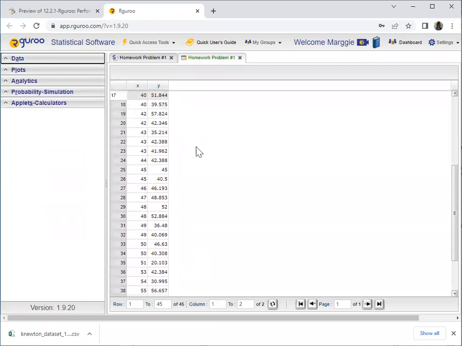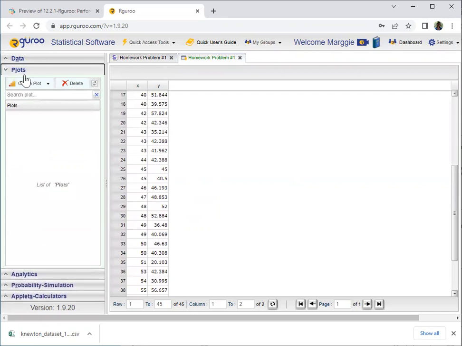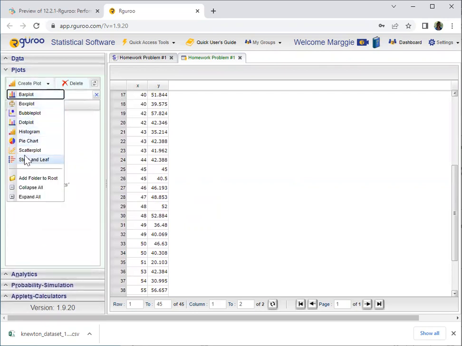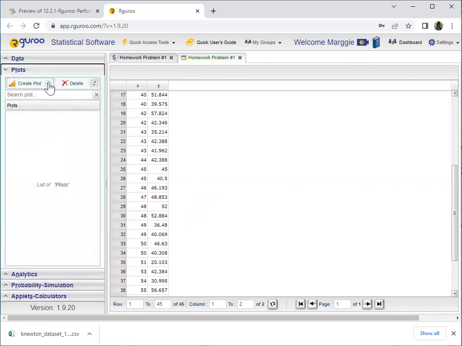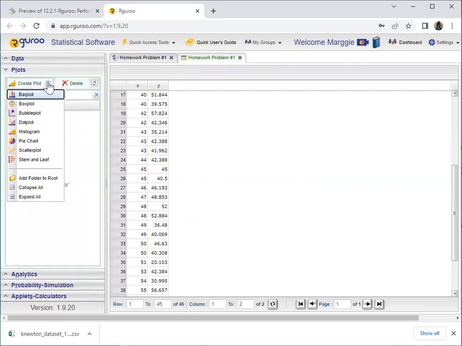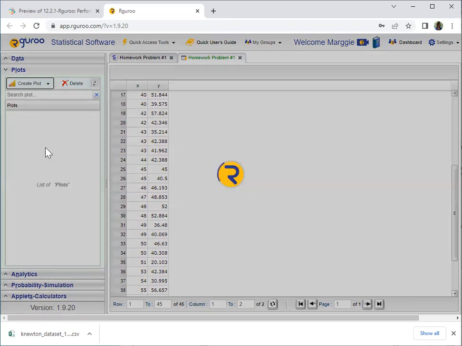Once we have our data set in Rguroo, we go to plots, and we are going to create a scatter plot. Right, so again, you open this tab, plots. You open this in here to create a plot, and the type of plot that you need to create is a scatter plot. So we click in here,